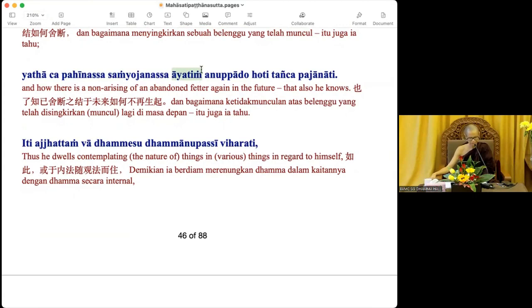Tancha Bhajanadi knows that also. Oh, ayade, you notice this word. In the future, not now. Now it is not yet removed. Now this in the future is nobody here, means totally not arising in the future. So the definition of in the future is